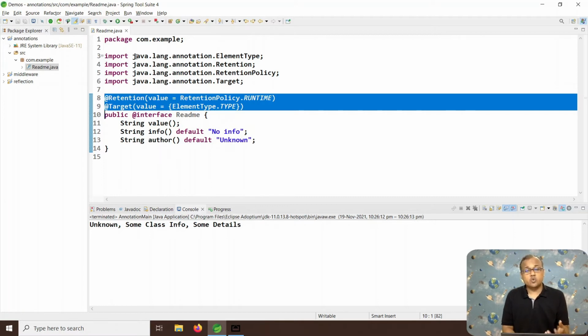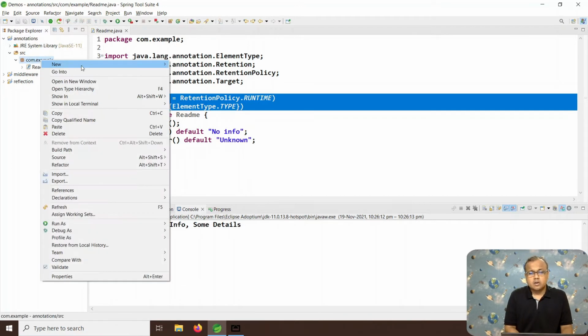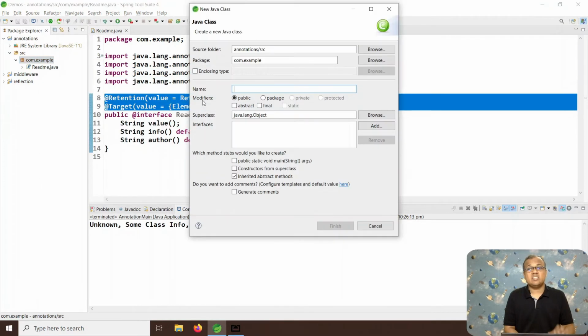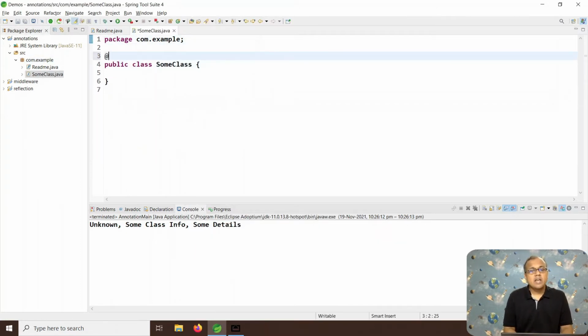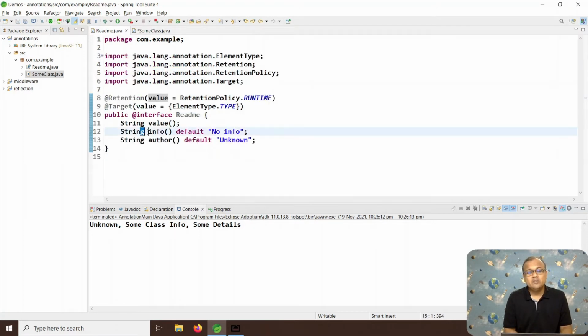Now let us find out what different ways we can apply these annotations. Let me create a couple of classes to understand this annotation application. Here I am writing one very simple Sum class, and on this class I can write the annotation readme. As you have noticed, we have given default values to info and author. However, there is no such default value given for the value member.